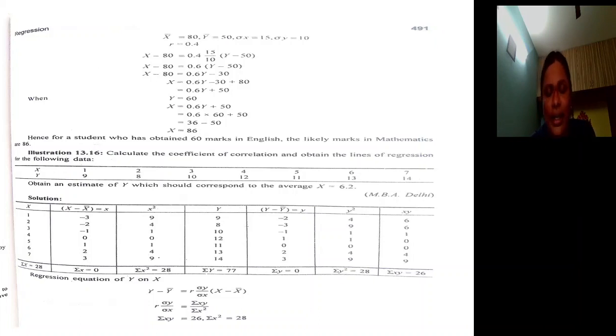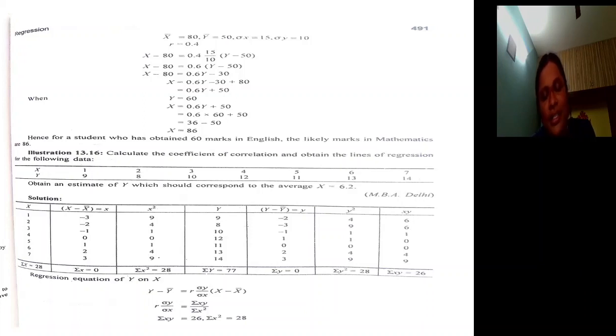So we know that regression coefficient can be calculated by making use of the formula, either by making use of actual value, or by making use of actual mean, or by making use of assumed mean. So now we are making use of actual mean. So x minus x bar, first we have to calculate 1 minus 4, 2 minus 4, 3 minus 4, 4 minus 4, 5 minus 4, 6 minus 4, 7 minus 4.